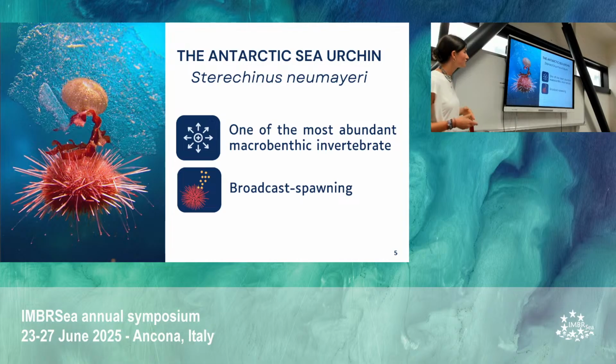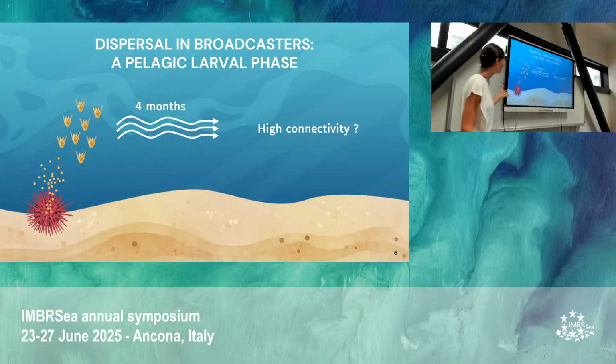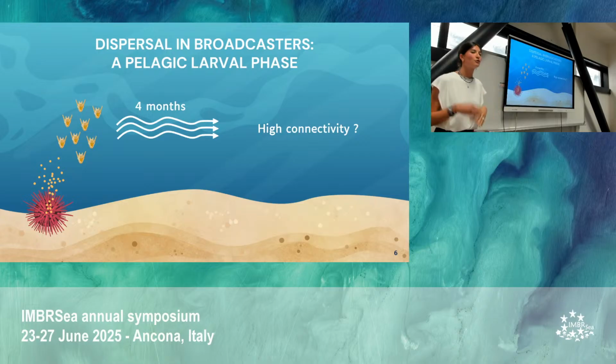And in Antarctic ecology, one of the best is the Antarctic sea urchin, Sterechinus neumayeri. First, because it's one of the most abundant macrobenthic invertebrates, it really structures benthic communities on the Antarctic seafloor, and also because of its life cycle. In fact, it is a broadcast spawner, which means that to reproduce, it will release its gametes freely into the water column. And these gametes will become tiny larvae that will flow and be transported in the water for 4